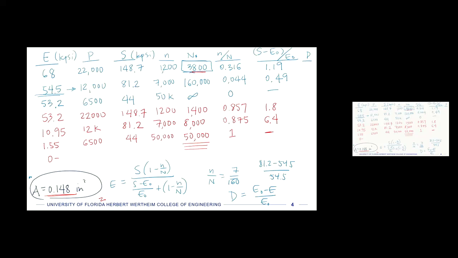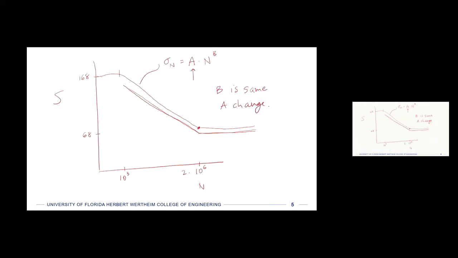Then we modify the endurance limit and it goes down to 54.5. And that gives us a different point to use, right? So now we have 10 to the 6, 54.5 is that point now. But B is the same. So now we can determine any other points along that line that we want to. We could resolve for A,